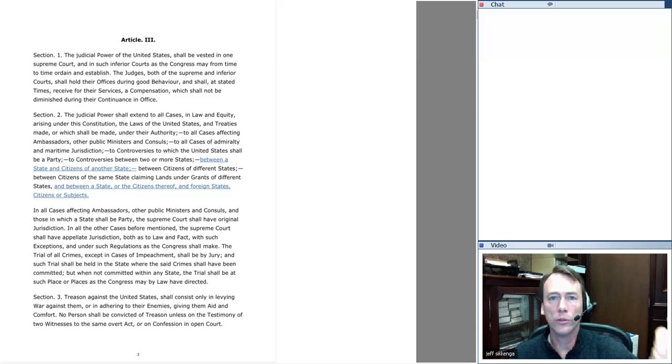So if you look at Section 1, the court has independent institutional status with a constitutional position, with independent tenure, with independent compensation. If you look at Section 2, it's got independent jurisdiction. And if you look at Section 3, it's got political independence from being used as an instrument of oppression, which traditionally courts have been used for. Again, I think the notion behind all this is the founders are saying that we want an independent judiciary.